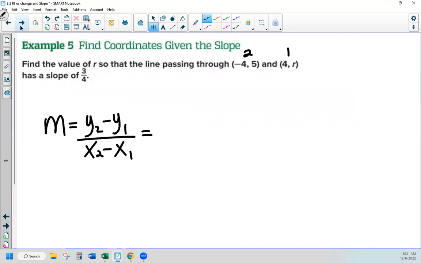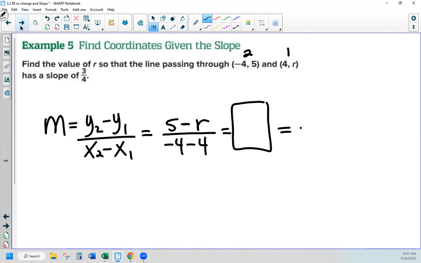Doesn't matter. So my y of my second point is 5, subtracted by the y of my first point, which is r, divided by -4, the x of my second point, minus the x of my first point. Okay, so here's what we need to do. We need to find out, and I'm going to go ahead and leave a blank right here, because our solution